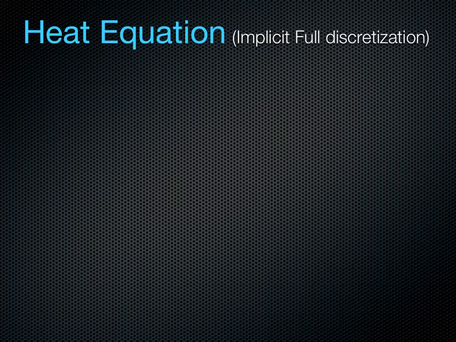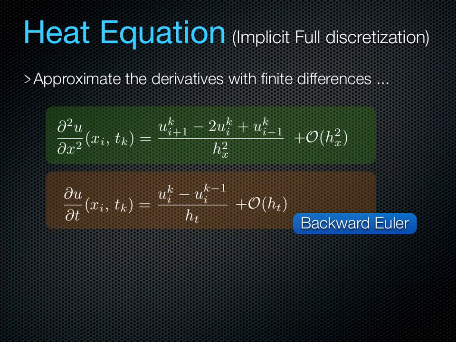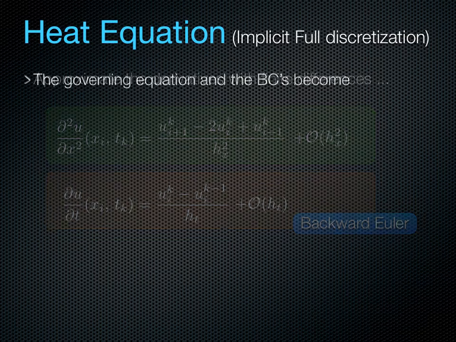We can also take a look at the heat equation with implicit full discretization. All we have to do then is just change the temporal derivative from being a forward Euler derivative to a backward Euler derivative. We had above the central difference formula for the spatial derivative. So now if we plug these